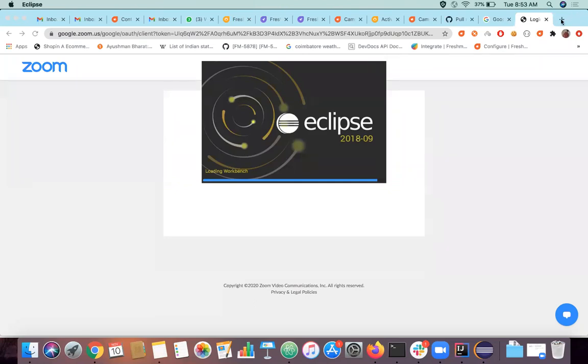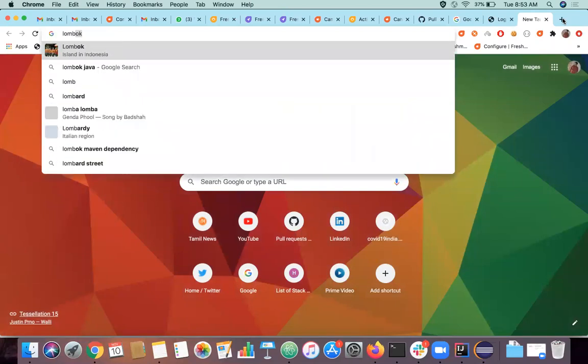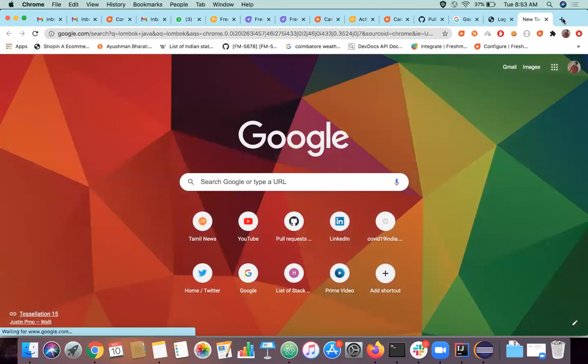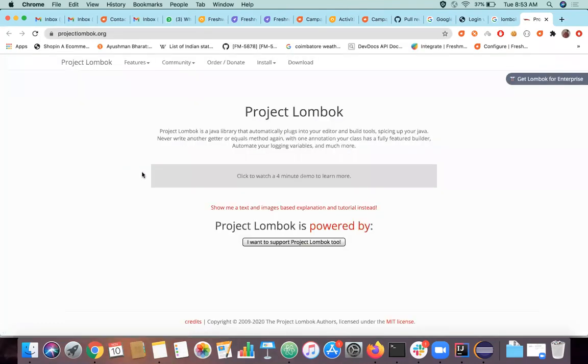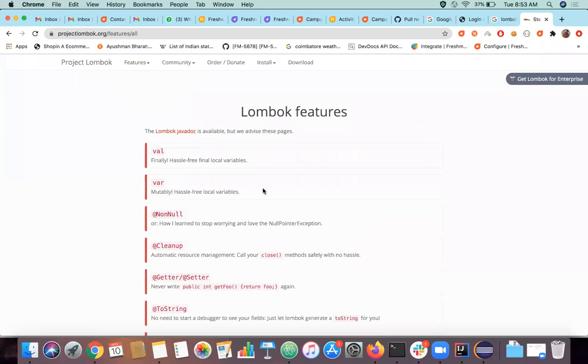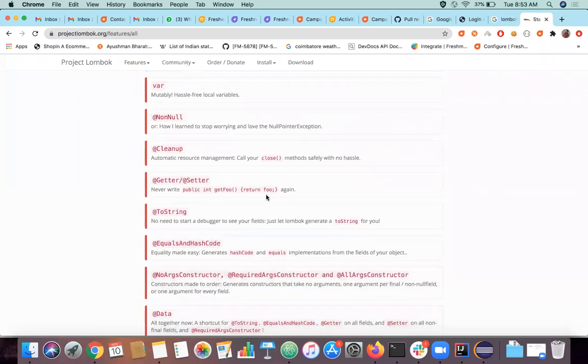If you go and see in Google, these are the people who are developing the project. If you go to the documentation, one of the main things they are doing is this getter setter, right?